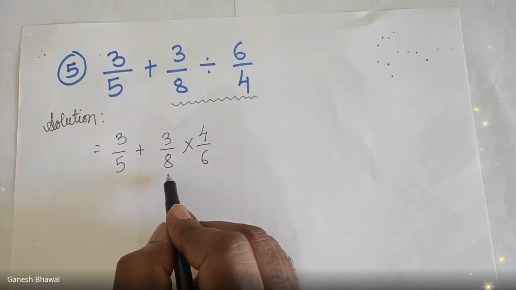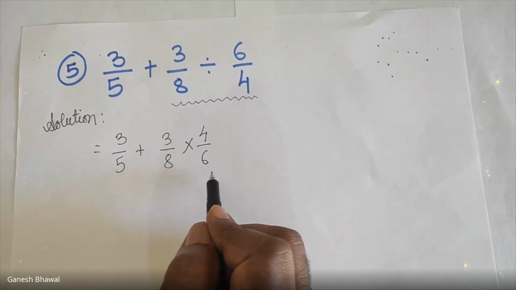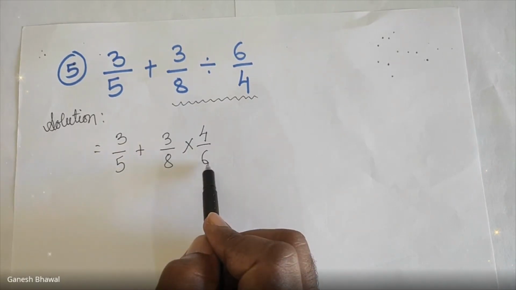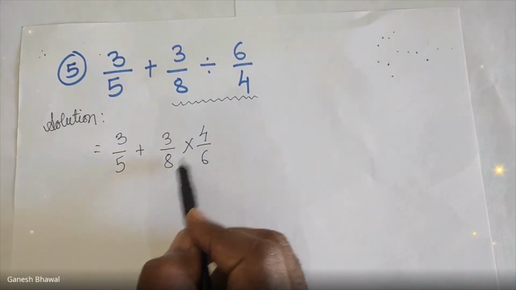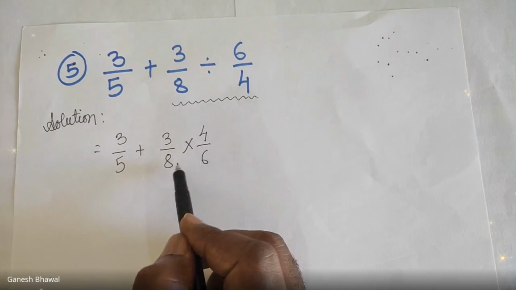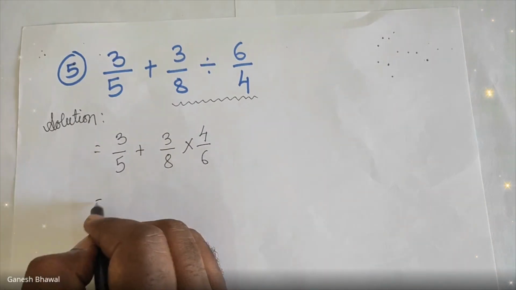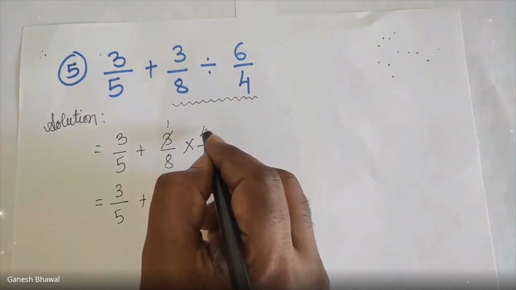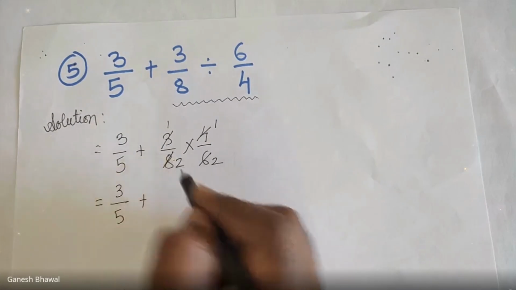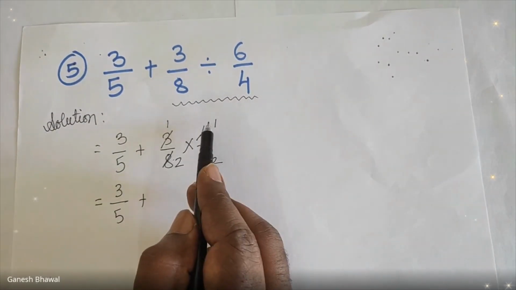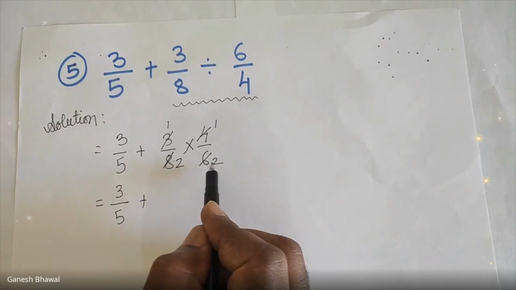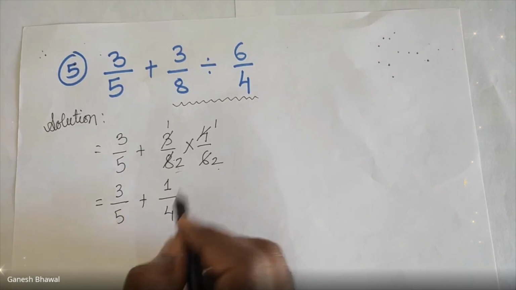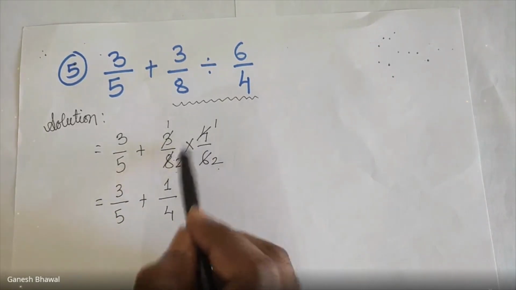Now we have to reduce these fractions into their simplest form. As in the table of 3, 6 is there, it means 6 is divisible by 3 and 8 is divisible by 4. So we will do division here, and we will write down this fraction as it is, 3 by 5 plus 3 ones are 3, 3 2s are 6, and here 4 1s are 4, 4 2s are 8. Now here 1 is left up, and here 2 and here 2 is left. So 2 2s are 4. Here 1 into 1 is 1. So 1 upon 4 is the multiplication of these fractions.